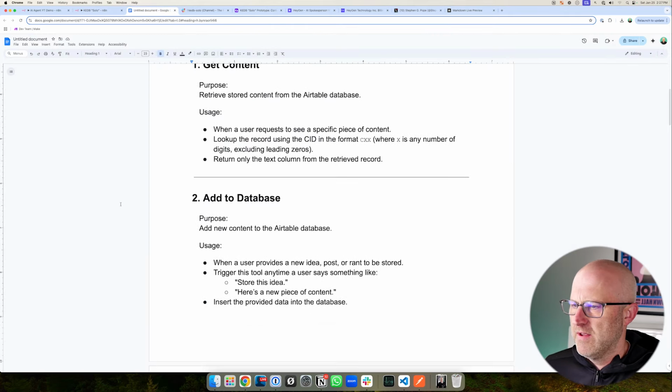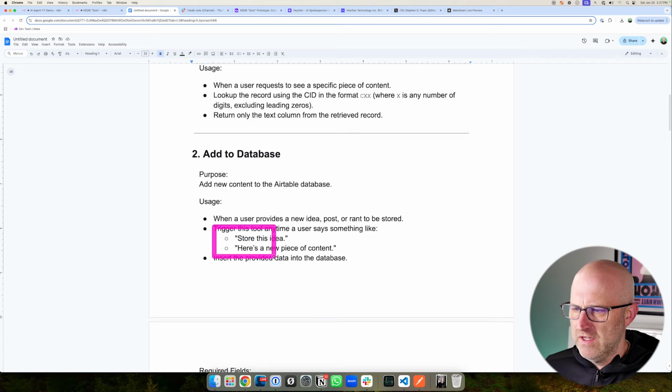And so then you can see we listed out the other tools as well. Add to database, the purpose, add new content to the Airtable database. And we explain how to use it. When a user provides a new idea, post, or rant to be stored, trigger the tool anytime the user says something like store an idea or here's a new piece of content. So it's using this information here to evaluate the request from Slack to determine whether